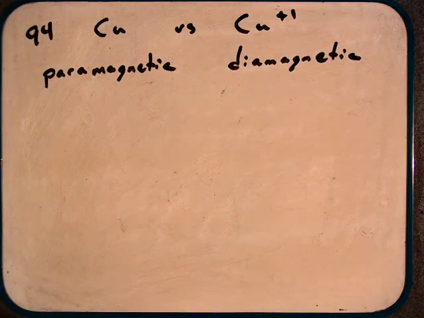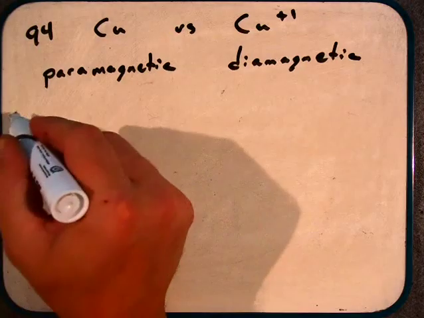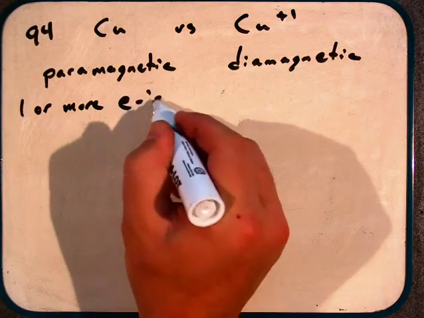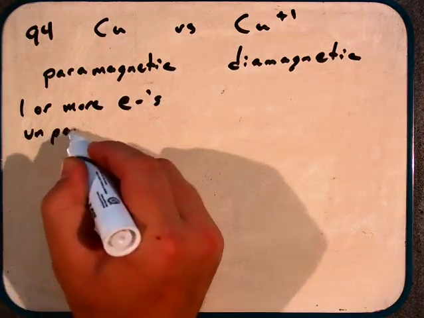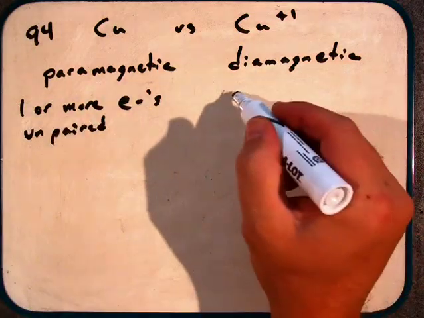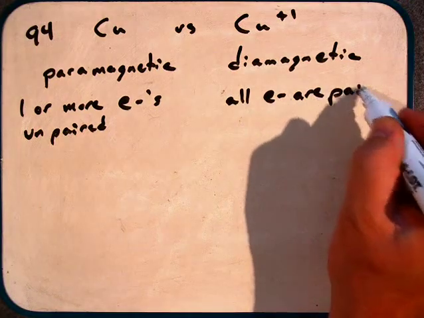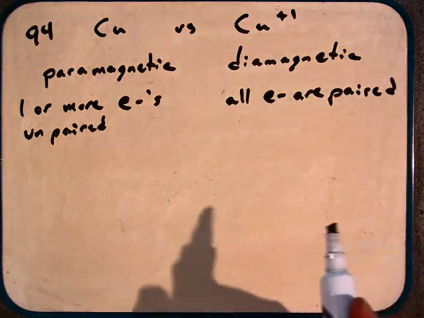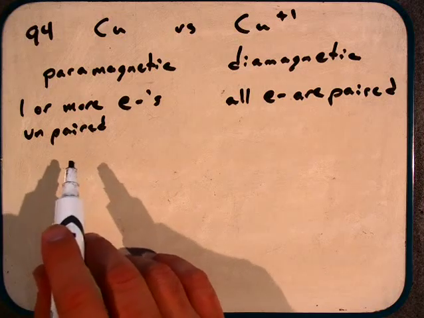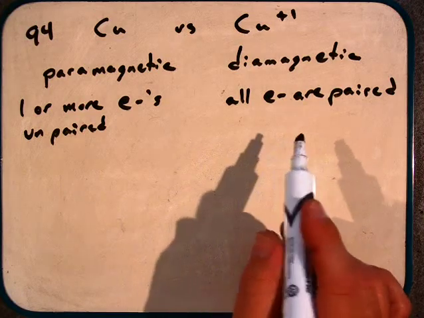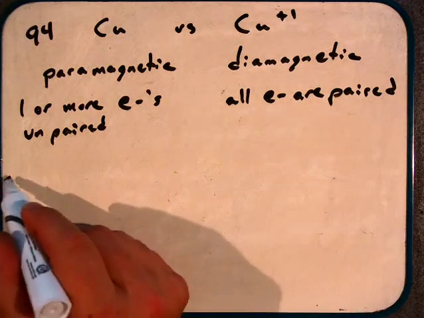And so there's a difference in these electronic configurations in order for one to be paramagnetic and one to be diamagnetic. Paramagnetic means that we have one or more electrons unpaired, and diamagnetic means all electrons are paired. So that's the difference between the two. Paramagnetic, we have one of these guys at least that's not going to have a partner, while with diamagnetic, all of these guys are going to have a partner. So let's look at the